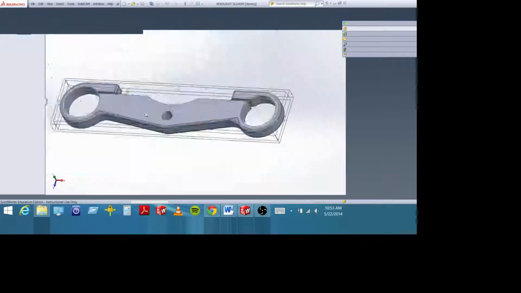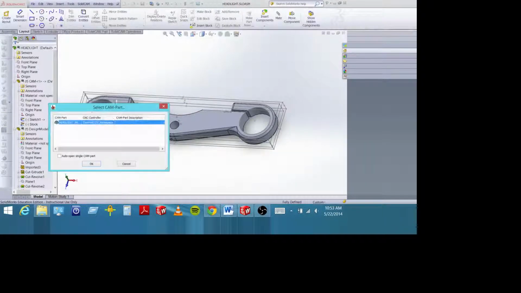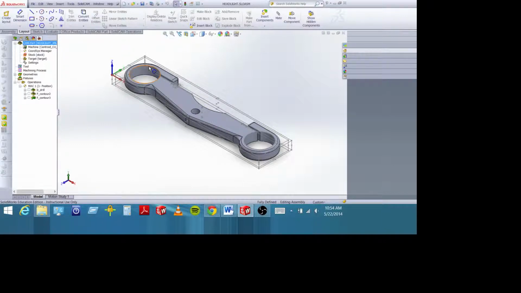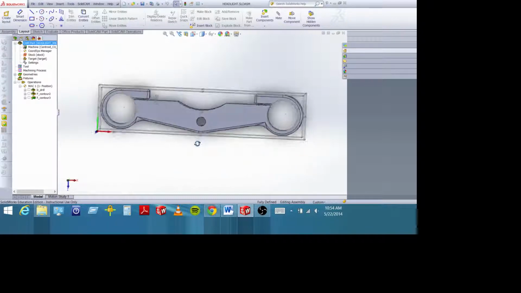Alright, so this was an ex-student, maybe '06 I think. It's a good friend of ours, and he has a custom motorcycle, and he wanted to buy this really cool custom headlight for the motorcycle. He wanted to mount it to the motorcycle, so he made this custom mount that kind of bolts to the forks, and then the light bolts into this hole. And if you look at this design,